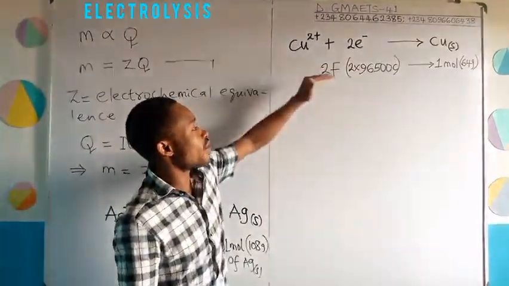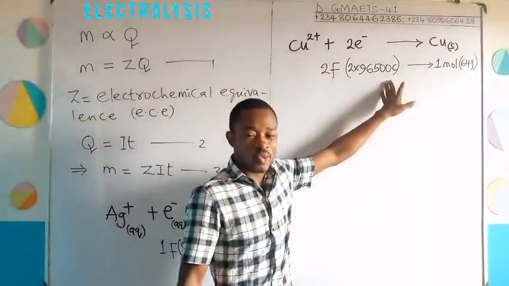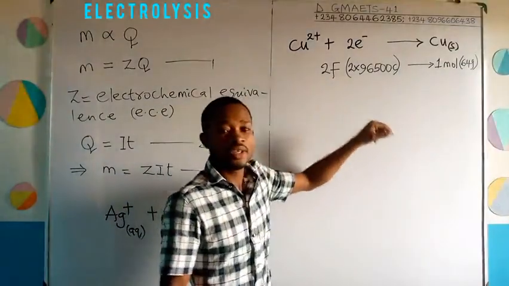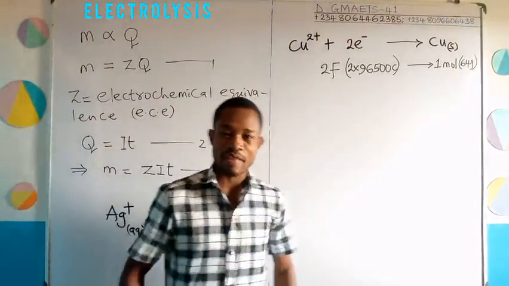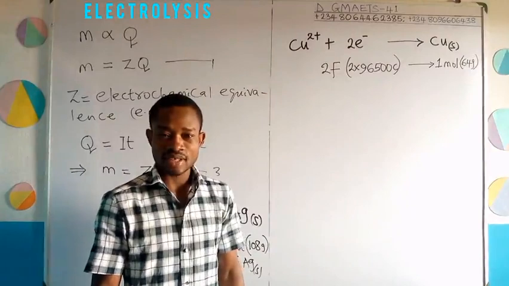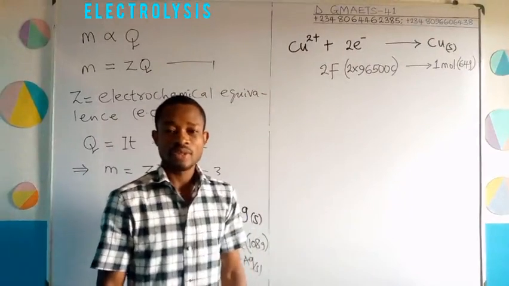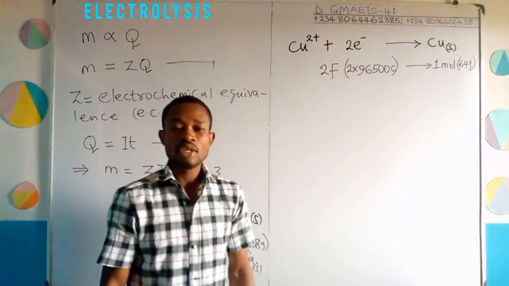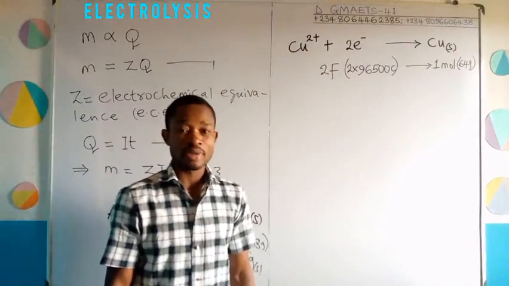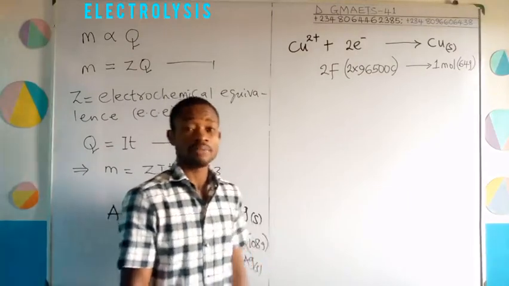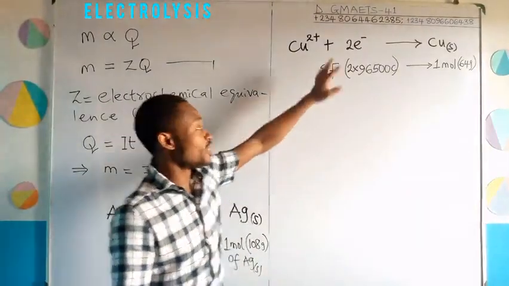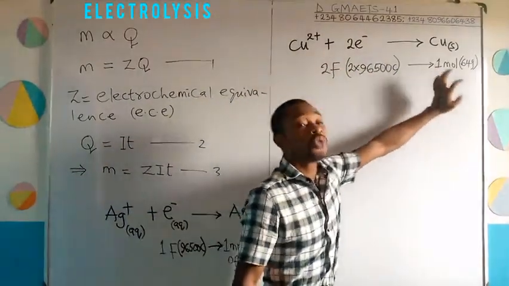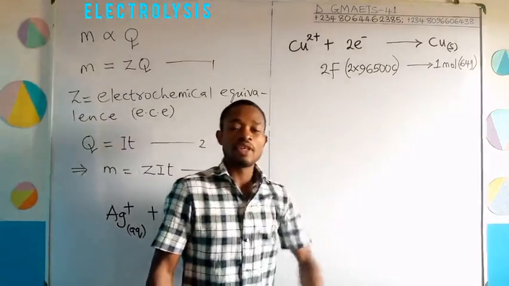And of course, you can now write that 2 Faraday, which is equivalent to so many coulombs here, will be equal to 1 mole of zinc. Then 1 mole of zinc is about 65 gram. Of course, that relative atomic mass ought to be given to you by your examiner, so I don't see that as much of a problem. Which means in the case of zinc, you set that standard out: 2 Faraday, which is this quantity of electricity, will produce 1 mole of zinc, which is equivalent to about